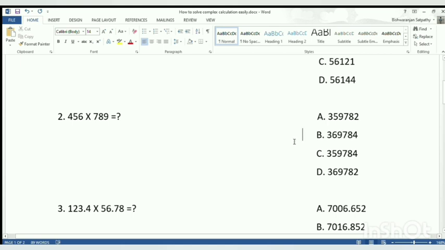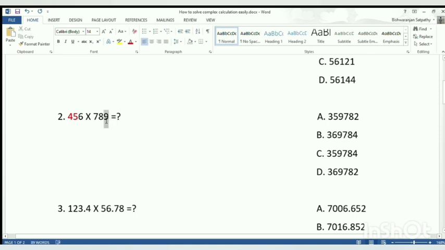Now here we will apply the digit sum method. So what is it? The digit sum method is a method in which we have to do the sum of the digits, and if the sum comes to 9, then we have to eliminate it. Okay, I will show you how it is. So let's start. In this number 456, 4 and 5, if we make the sum of these two numbers, it will become 9. So we will eliminate these too. Okay, so 6 remains here. Now in the second number, here 9 is there, so we'll eliminate it.